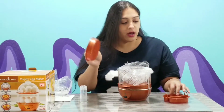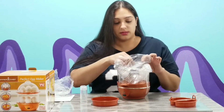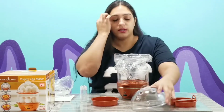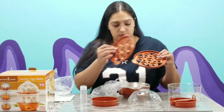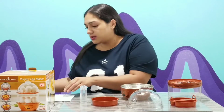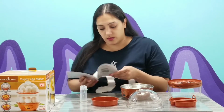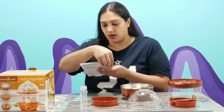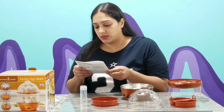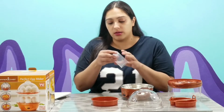So this is for the omelet, for the poached eggs. My see-through lid, my extension ring, and my 2 egg trays. Let's see, how am I supposed to put this together? I know I'm supposed to put water in here. Where am I supposed to put water? Alright, I'm going to start out making some 1 to 4 hard-boiled eggs. So I need 75 milliliters of water, and I have,